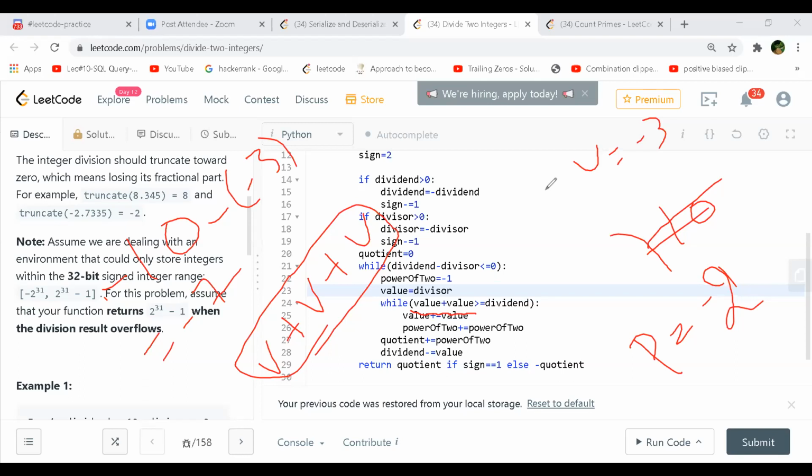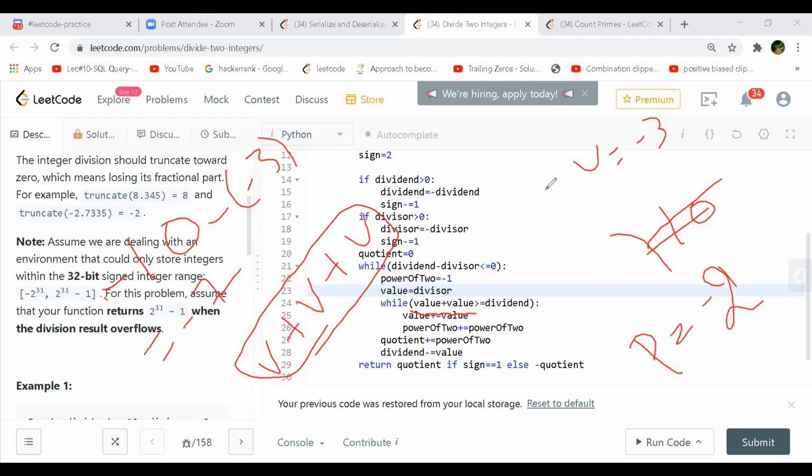right? So earlier the representation of your divisor was 0, 1, 1, but you wanted to have 6. Correct. So what you would do is shift the 3 to your right. So if you actually add value plus value plus value, in this case 3 times, 9, right? So that might work for your example 1, but it is not a generic one, correct?